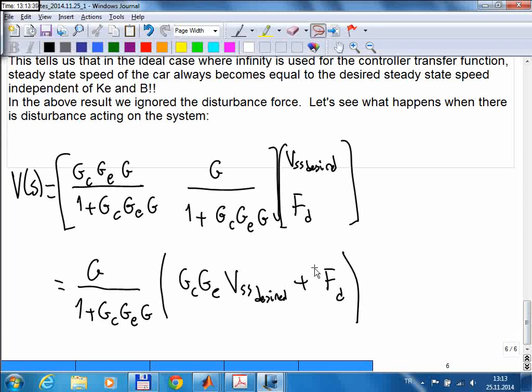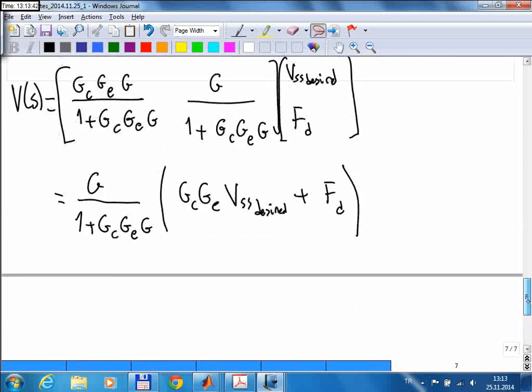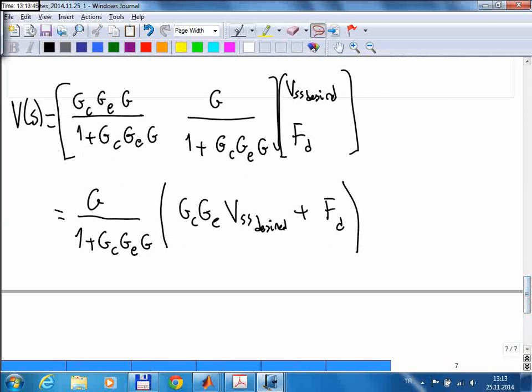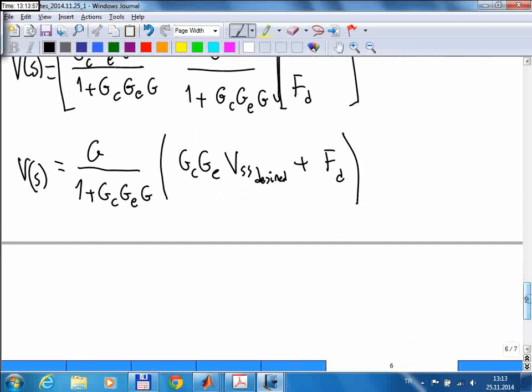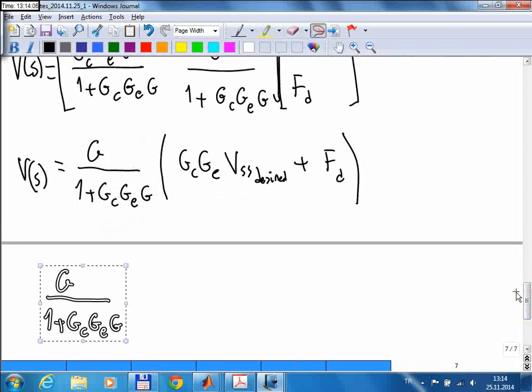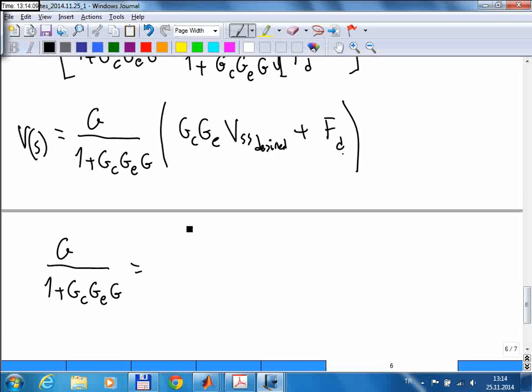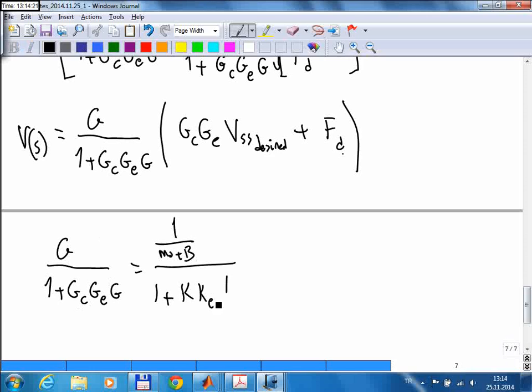Okay, now the effect of disturbance can be studied by using this new function we have for the speed. Okay, so since we have time, maybe I can quickly do this. So this G is the transfer function of the car. That was this ms plus b, and the control is just k. Engine is ke, and then I have again